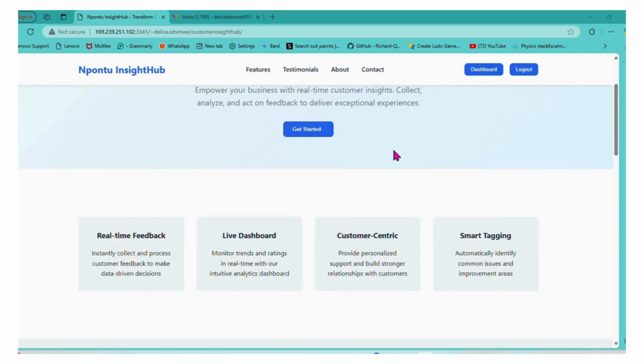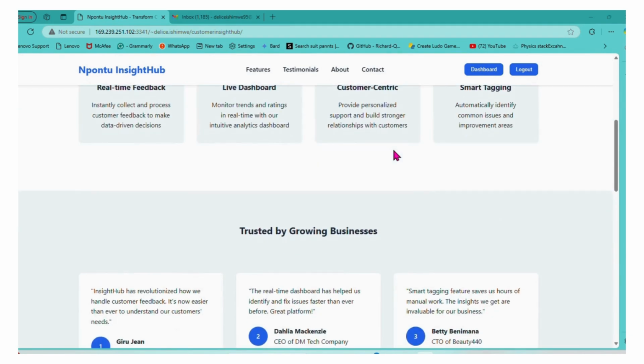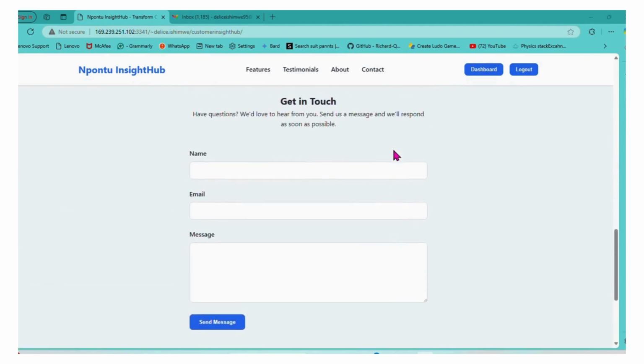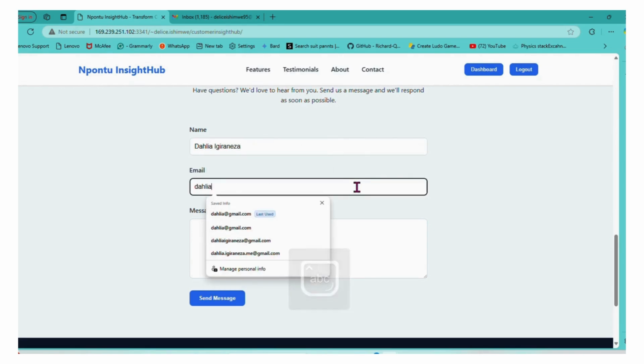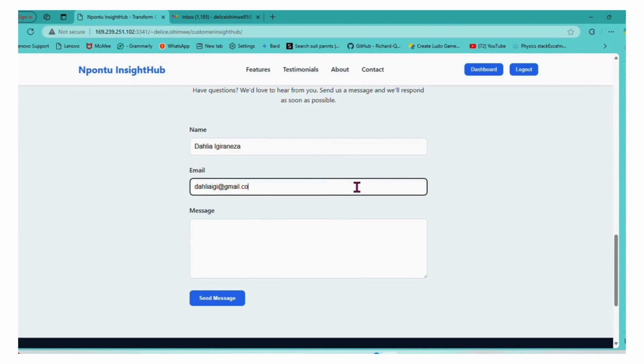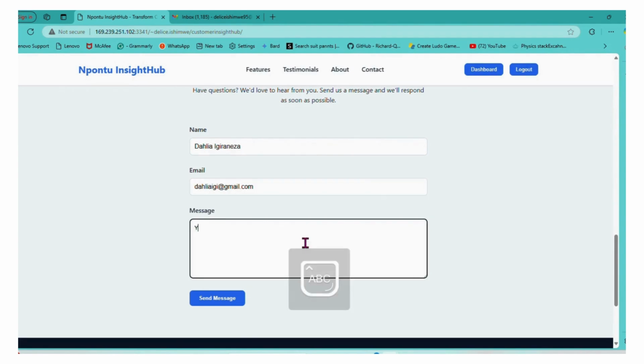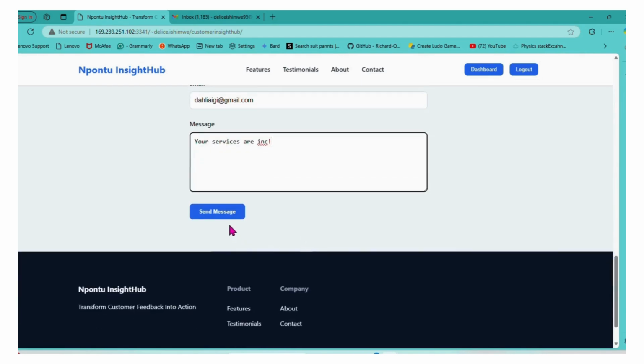As a part of our system, we have also added a simple messaging feature on our homepage where users can directly enter their message to be sent straight to the admin's Gmail inbox. So for example, I'm entering the user details. Let's say the user is Daria Igeraneza, and you enter a valid email that they will use to respond to you. Let's say the comment is, your services are great. So by hitting send